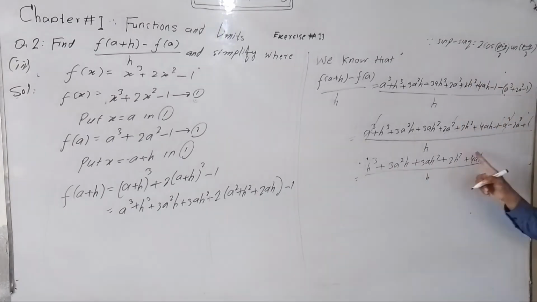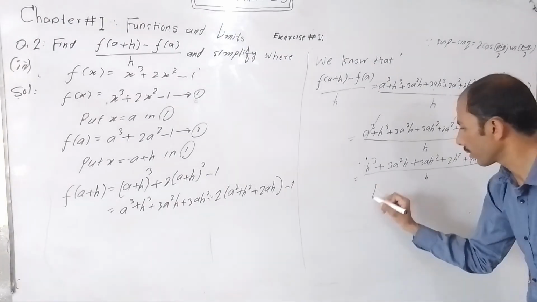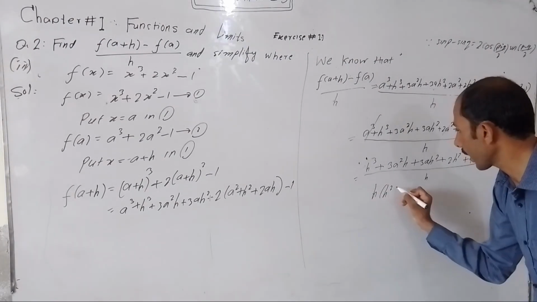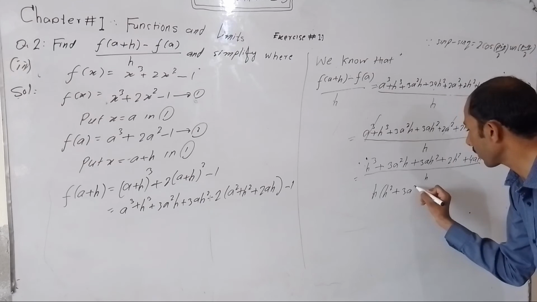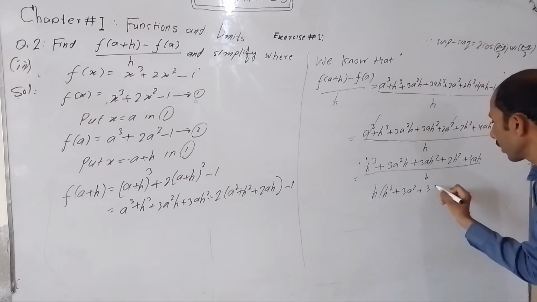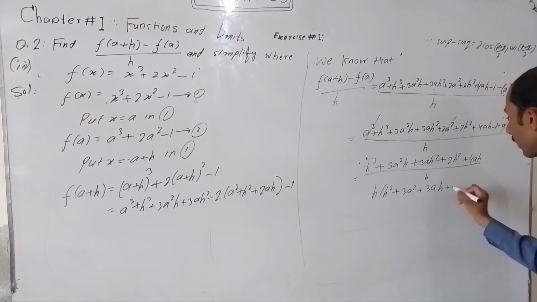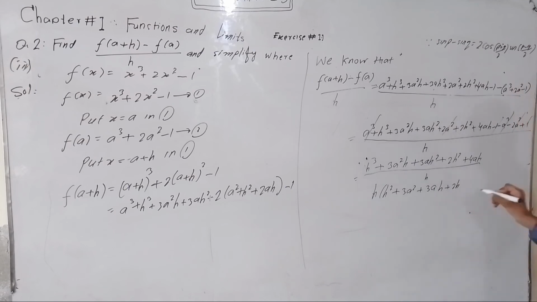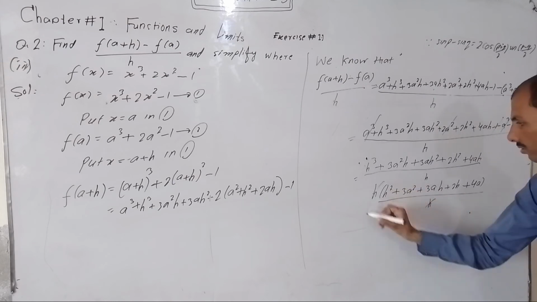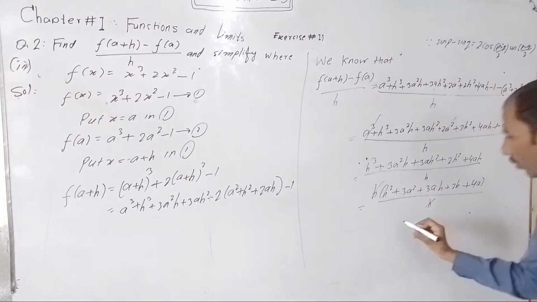Taking common h, so h into h square plus 3a square plus 3ah plus 2h plus 4a divided by h, cancel, is equal to h square